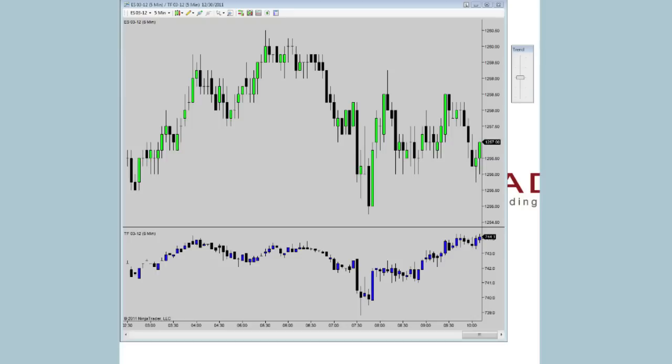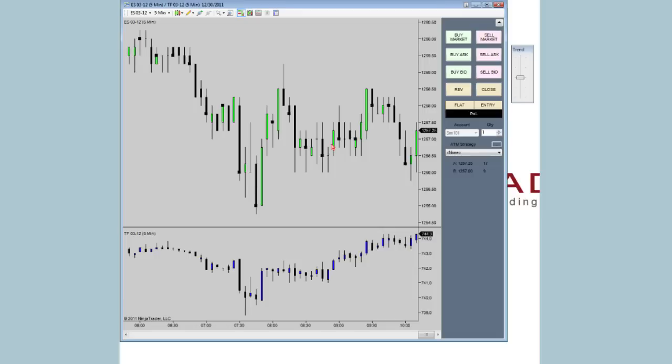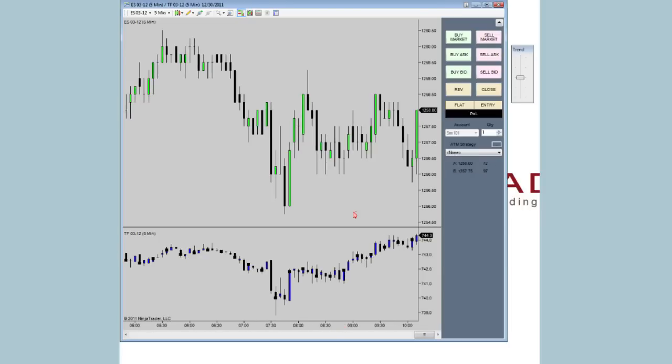All right, so the first thing we need to do is enable Chart Trader within the chart window. To do this, we're going to left click on the Chart Trader icon here within the chart toolbar. And this will bring up the Chart Trader panel on the right hand side. And I'm just going to make some adjustments really quick to this chart window. All right, so now that we have Chart Trader enabled, as you can see on the right hand side, we